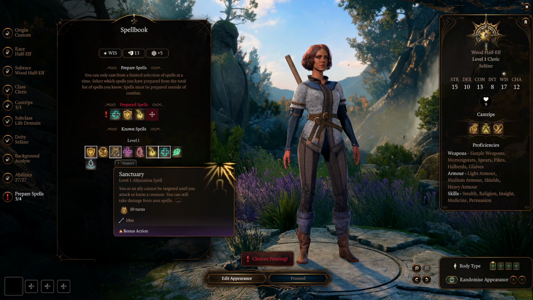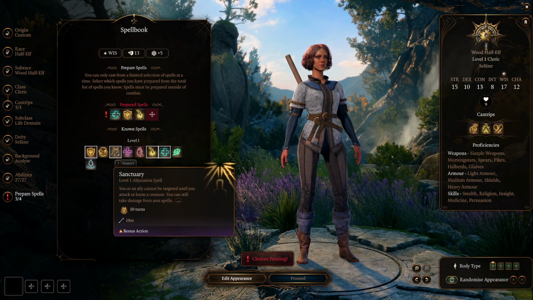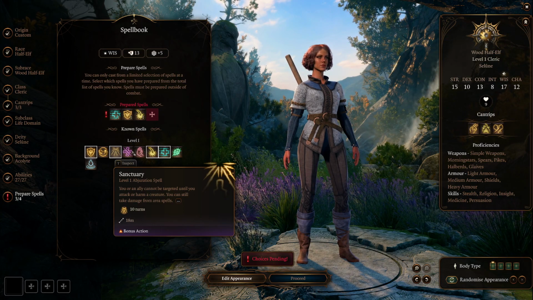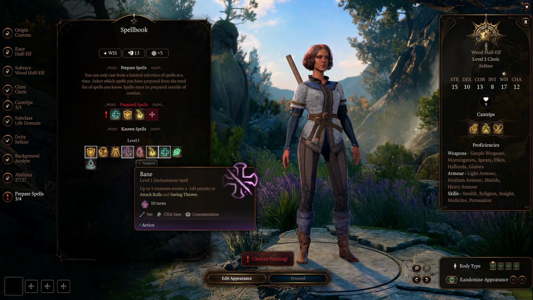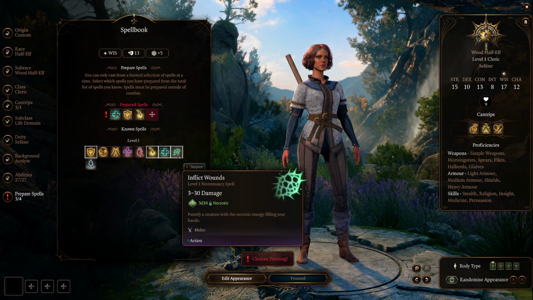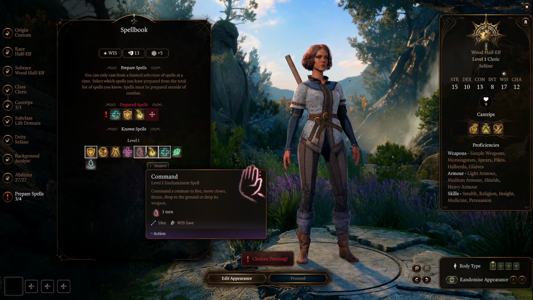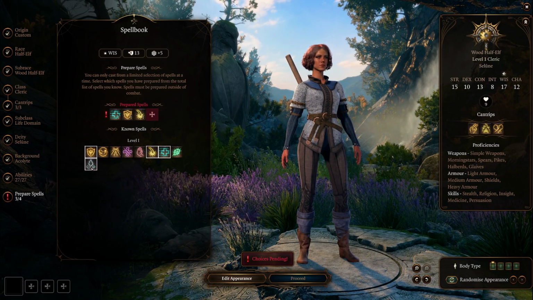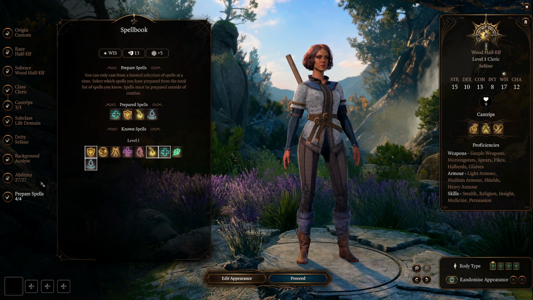And let's grab... That's in melee. Kind of want to be a little bit ranged. Let's just go ahead and just take that. We might take Protection from Good and Evil in the future.